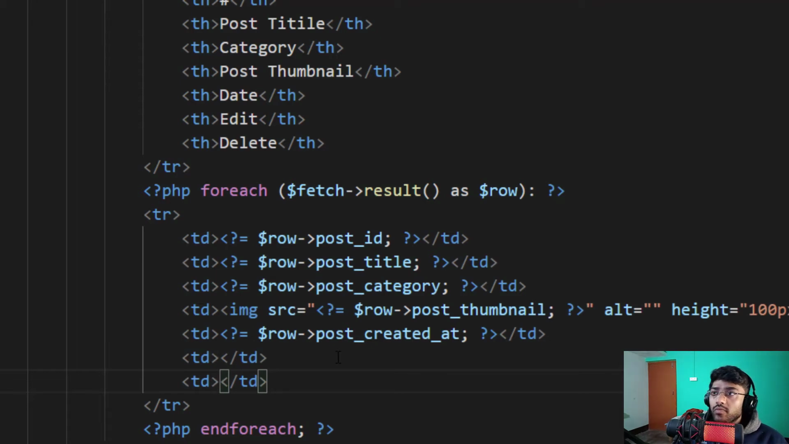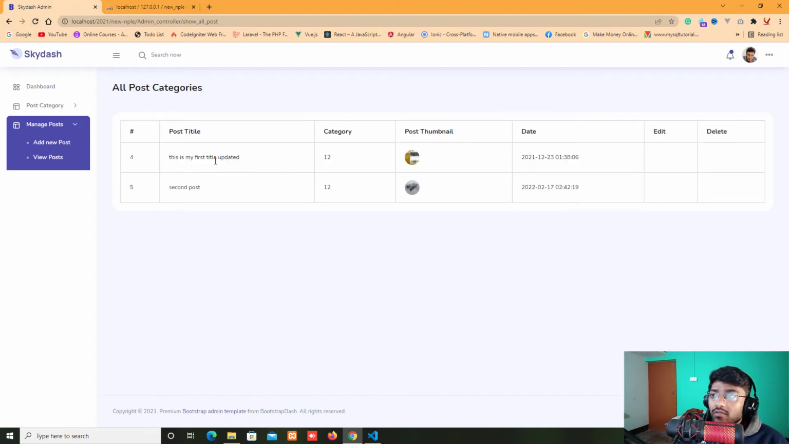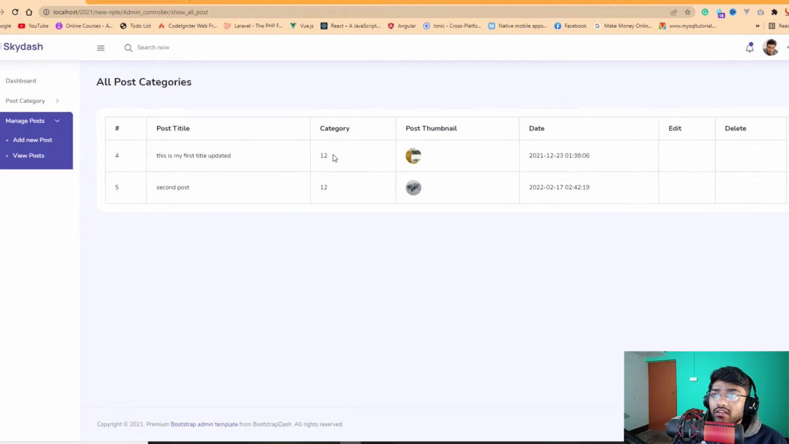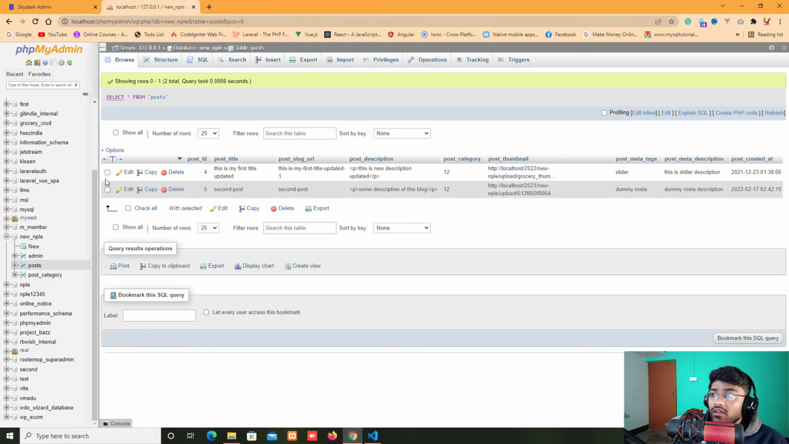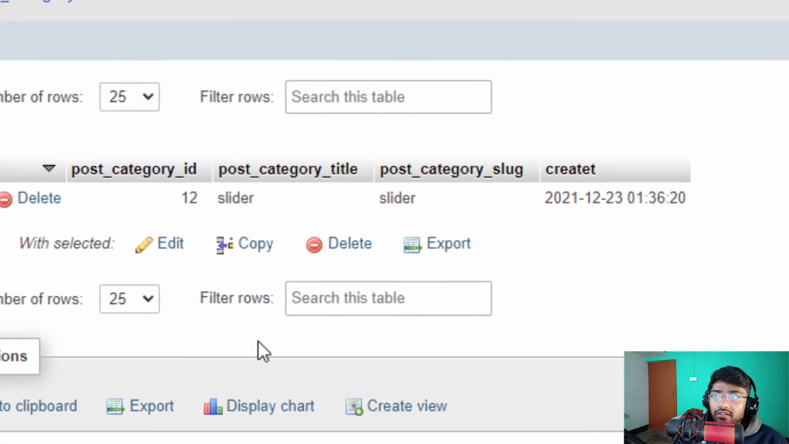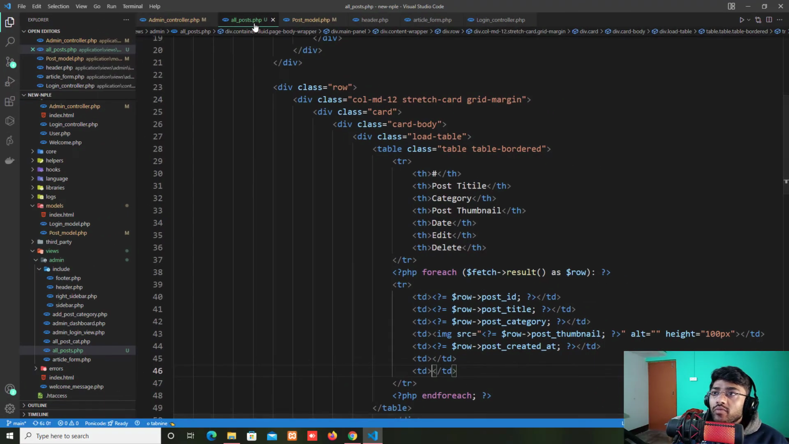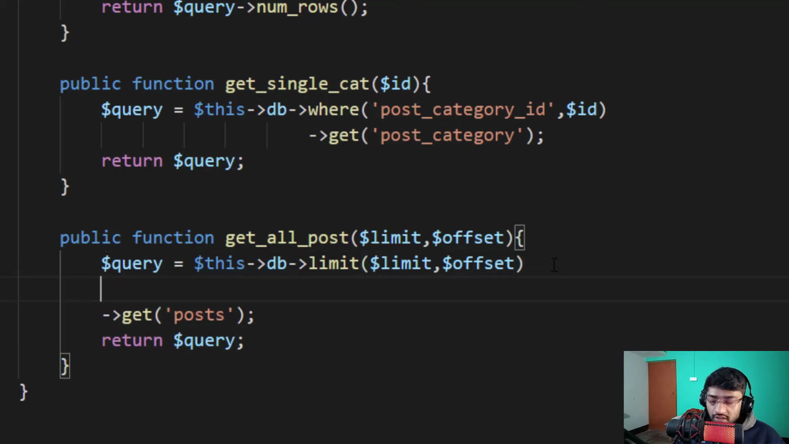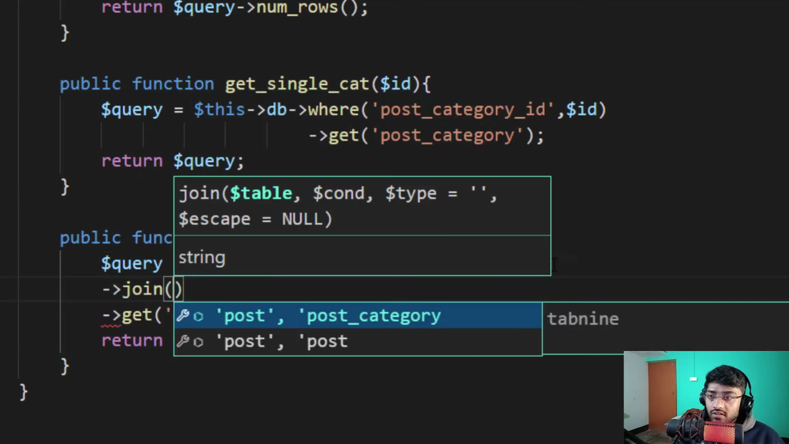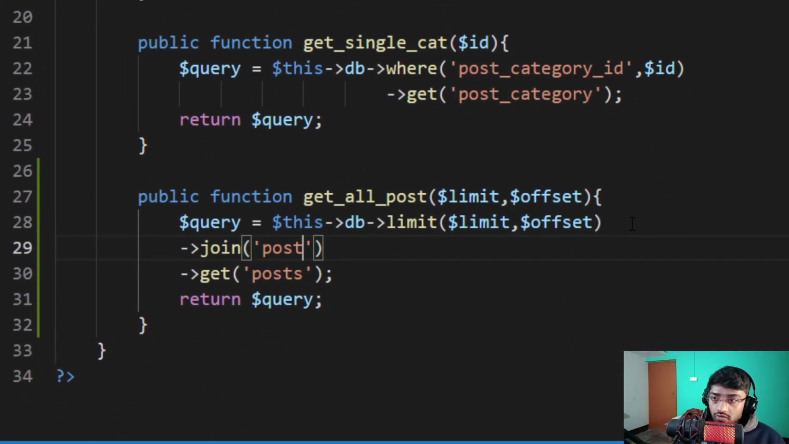Okay, just save this page and check in the browser again and say refresh. Now as you can see, we have this is my first title updated, and here's my category id, but we don't need this id. We need a proper category name like this, post_category. Okay, so we need to join this table. So I'm going back to my model, and after this limit I take a join method, join, and the table name is post_category. So post_category and comma